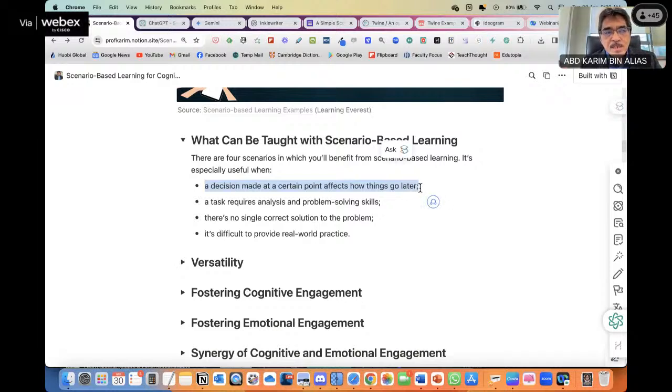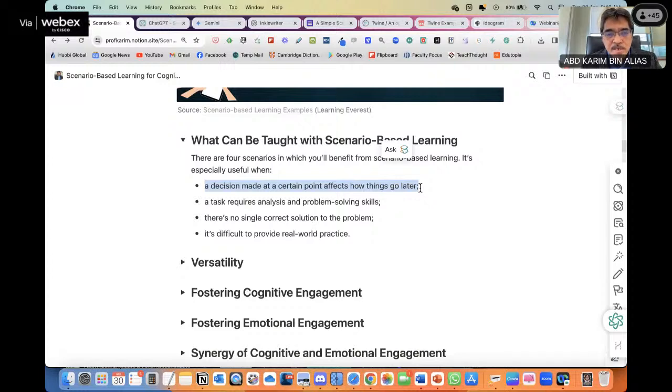Scenario-based learning is very much about one of its objectives, which is to train our students in decision making. This is the type of decision making that we call informed decision: decision based on their knowledge, their skill, whatever they have learned, the facts.